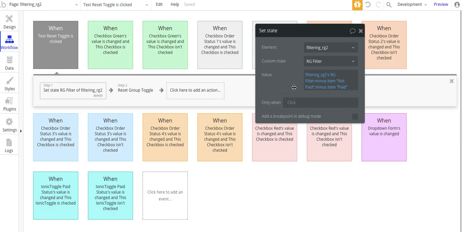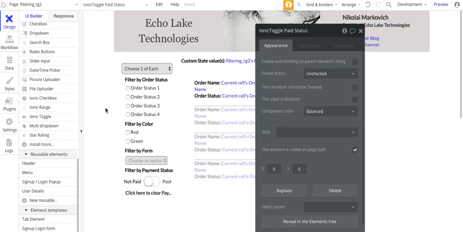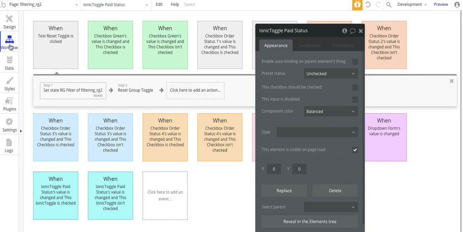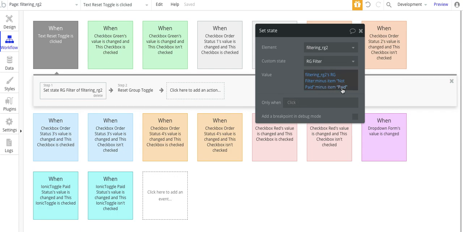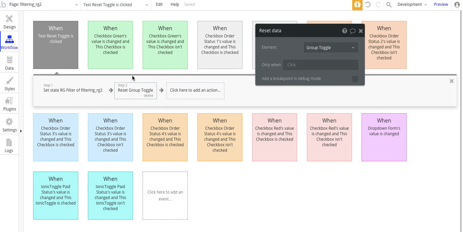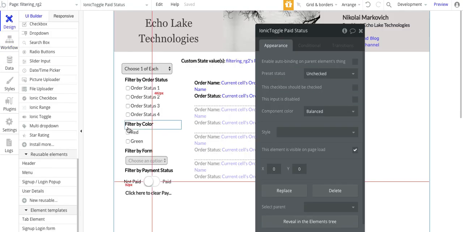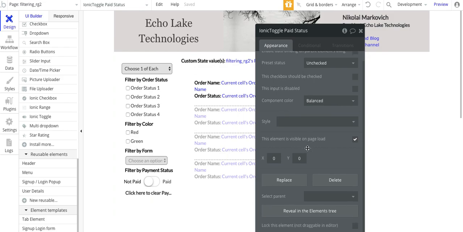And so, for instance, if it was selected as paid, I basically just want to remove that from the repeating group. If the value is not paid, I want to remove it from the repeating group, not the repeating group, the custom state RG filter. So I want to remove those values, whatever it may be, from the custom state filter. And then I want to do a reset group toggle. Now, one thing I should also say here is that when I come over here,